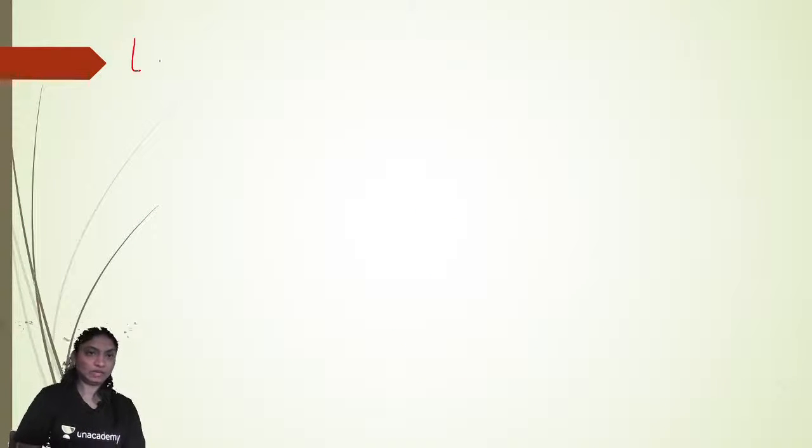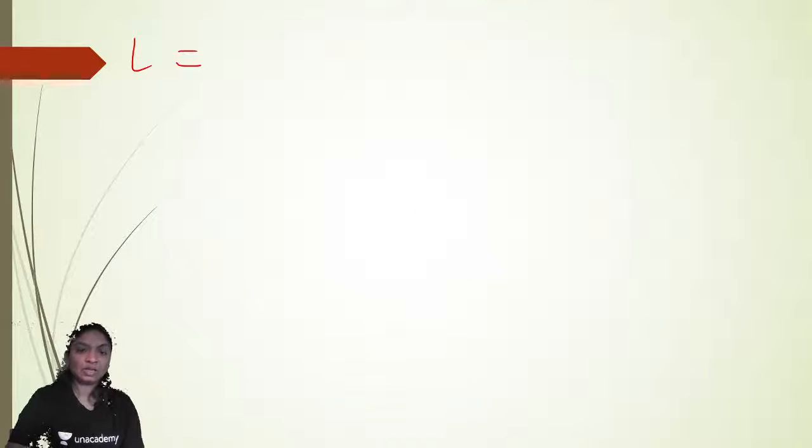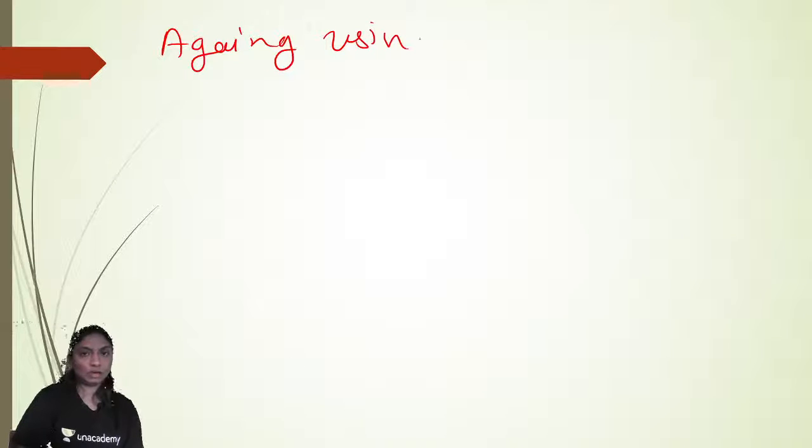right? So L is equal to, now take the derivative again, numerator e raised to x minus 1. There is only plus minus 1 now. Derivative of e raised to x minus 1 is e raised to x. So x into e raised to x plus e raised to x minus 1 in the denominator. Now x tends to 0. So again using L'Hospital rule,